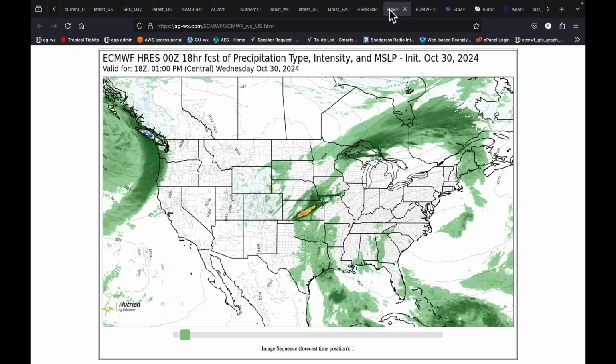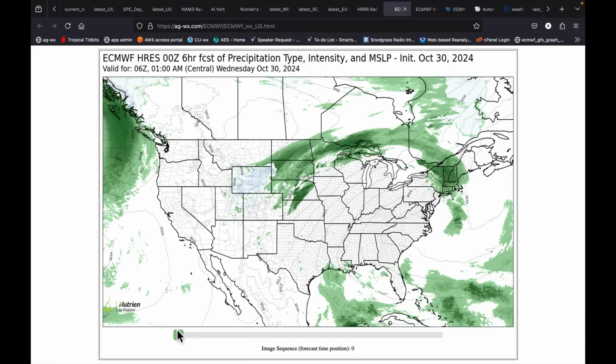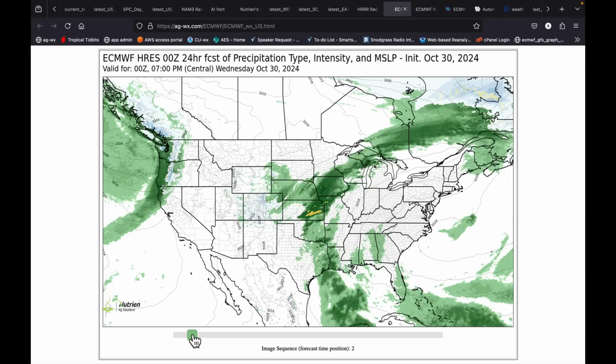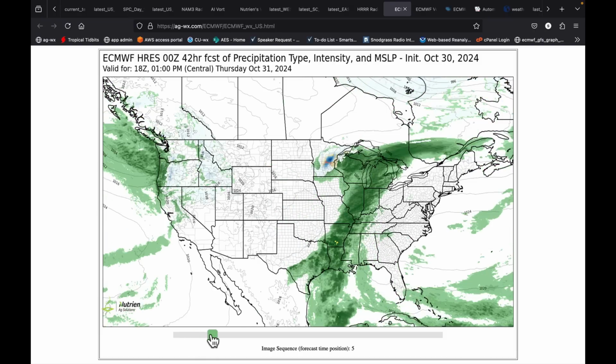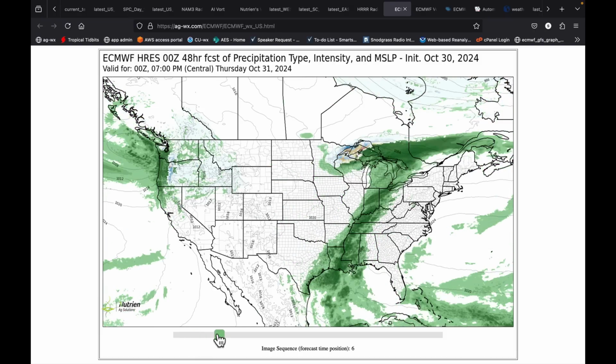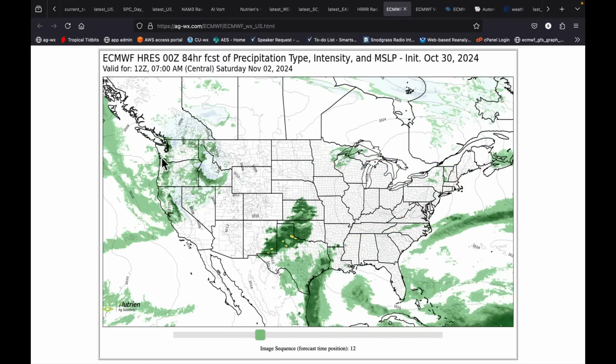I want to show you another way. This is the high-resolution European model, 00. Let's refresh it and just see how it shows us the next 10 days. So we've seen in detail through Thursday. This is Thursday afternoon and evening. So that's from 1 o'clock in the afternoon through 7 p.m. where the precipitation is expected to be on Thursday. And we're going to watch this go through. We know that front's going to try to bring some moisture into the northeast, but not get there because of the high-pressure cell. And then we see following it, the next system coming in.